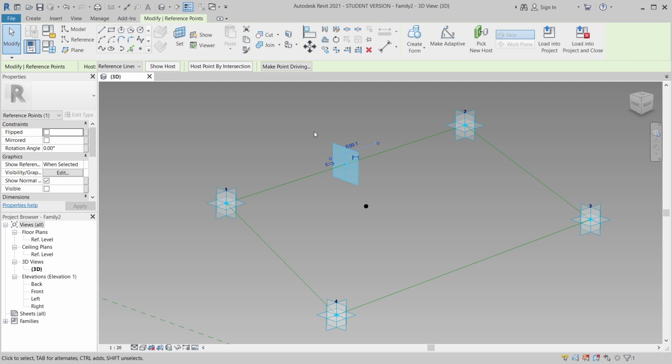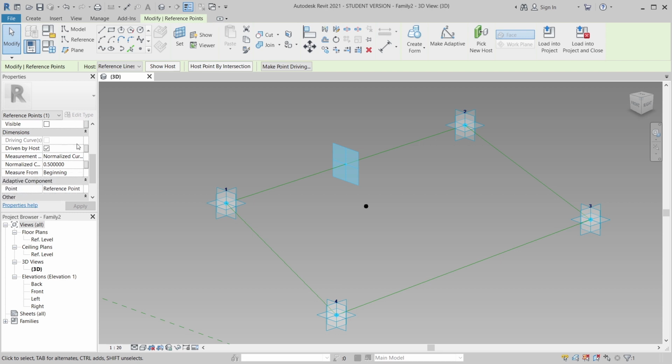So when I select here, I just go to my property there, then I drop down on it. I will show another measurement here: measurement, normalized curve, and measurement for measure form. What are these three? I'm going to show you how this option here works. So what is